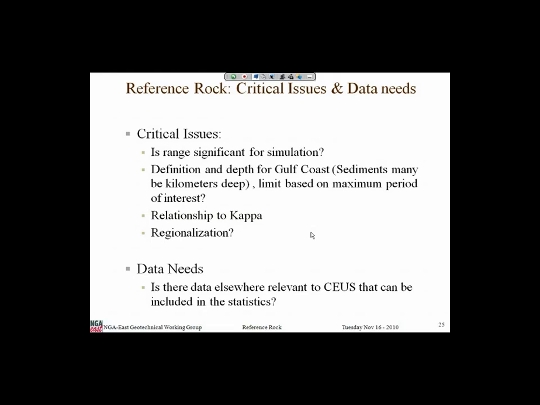Gabriel Toro, just one comment, more or less along the lines of what Bob Young said. Doesn't it make sense in this case to set up a reference rock that is high enough that it will work for all sites, and then develop a procedure, as opposed to a result, for how you go from that reference rock to other reference rocks? And have the recipe in place. So that would be choosing the highest reference rock that works at all sites, and then a way to adjust it and then lower. A procedure to adjust. Or a scale factor. Yeah, even a scale factor or at least a recipe for how to do it.